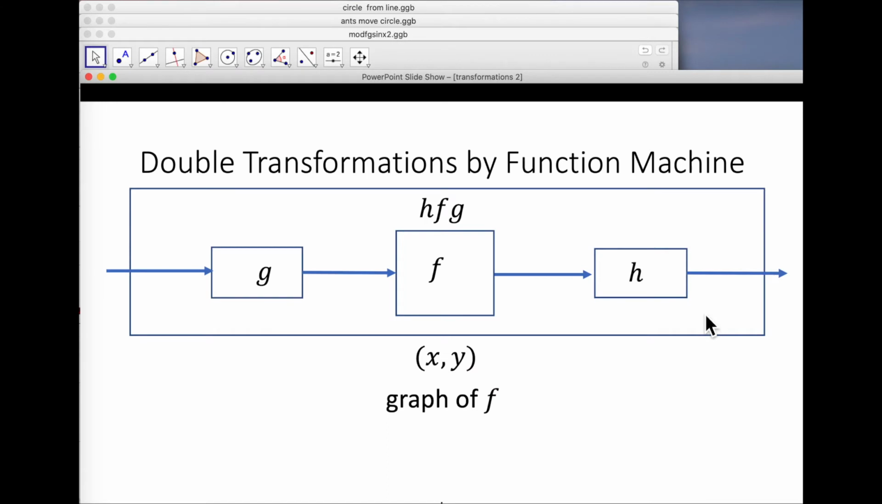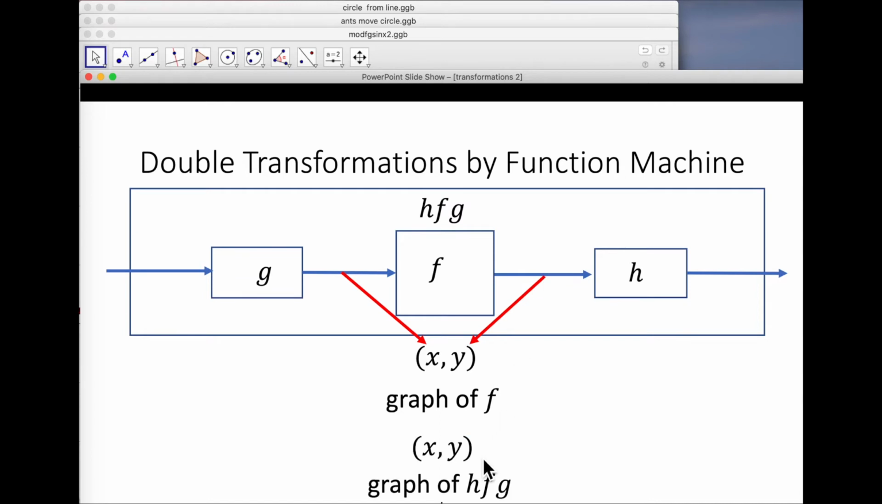Let's look at the function machine version of this. So f is our starting function. We're applying g to the input and h to the output to create the new function hfg. The graph of f consists of points x, y, where the x comes from here and the y comes from